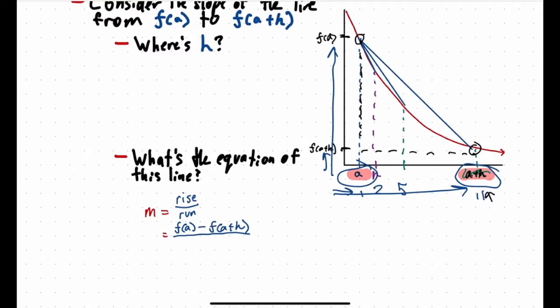So we can say a minus a plus h. And we can rearrange this so that it makes it a little bit more simple. So we have f of a minus f of a plus h over a minus a plus h. We distribute that negative sign in, right? So it becomes a minus a minus h,